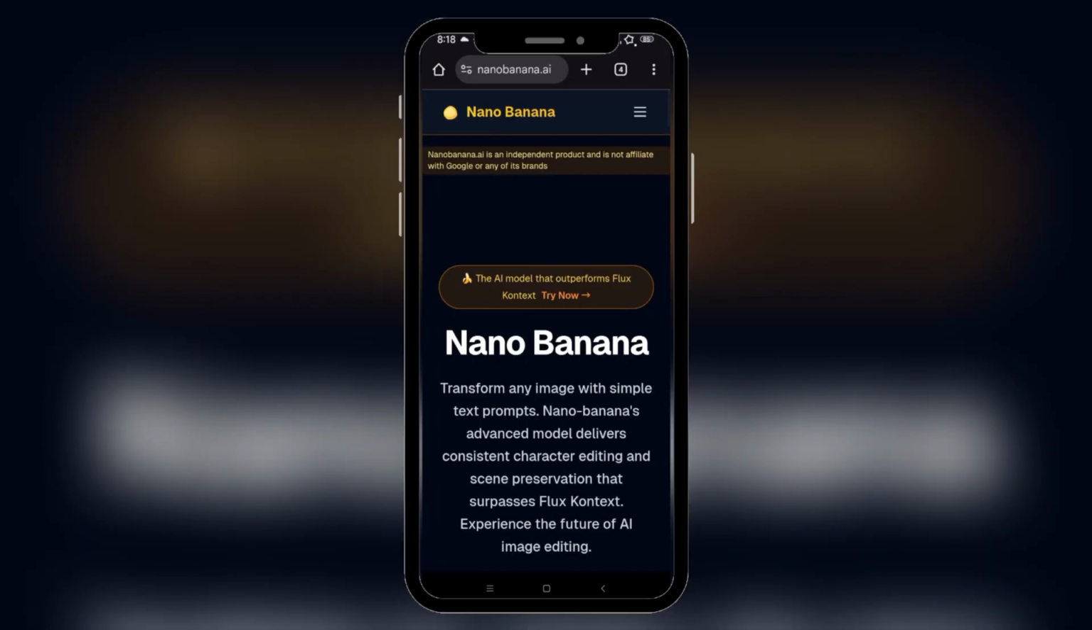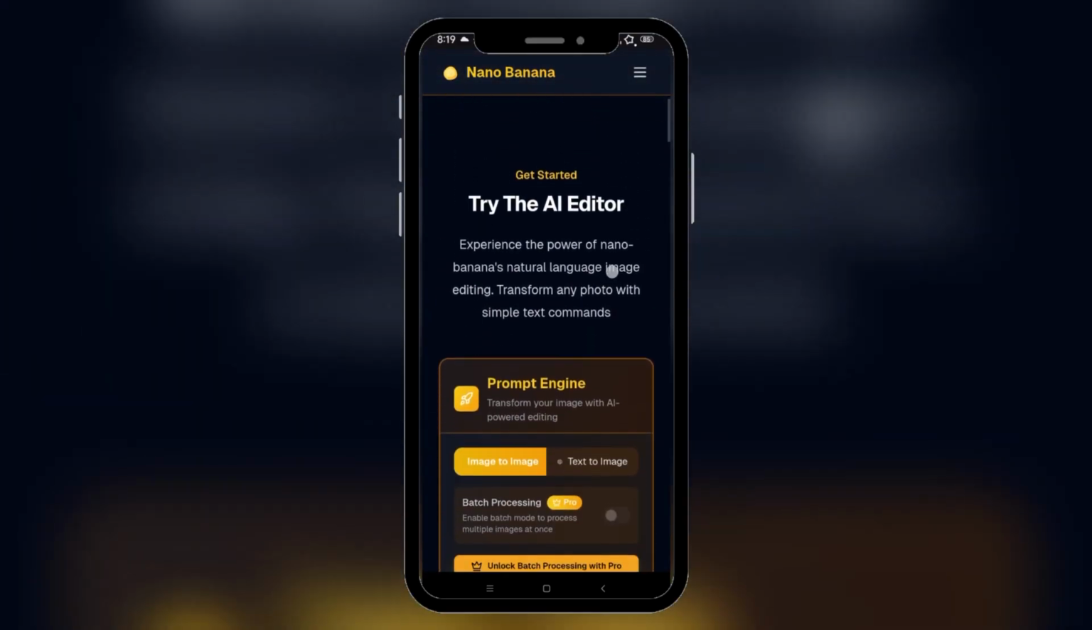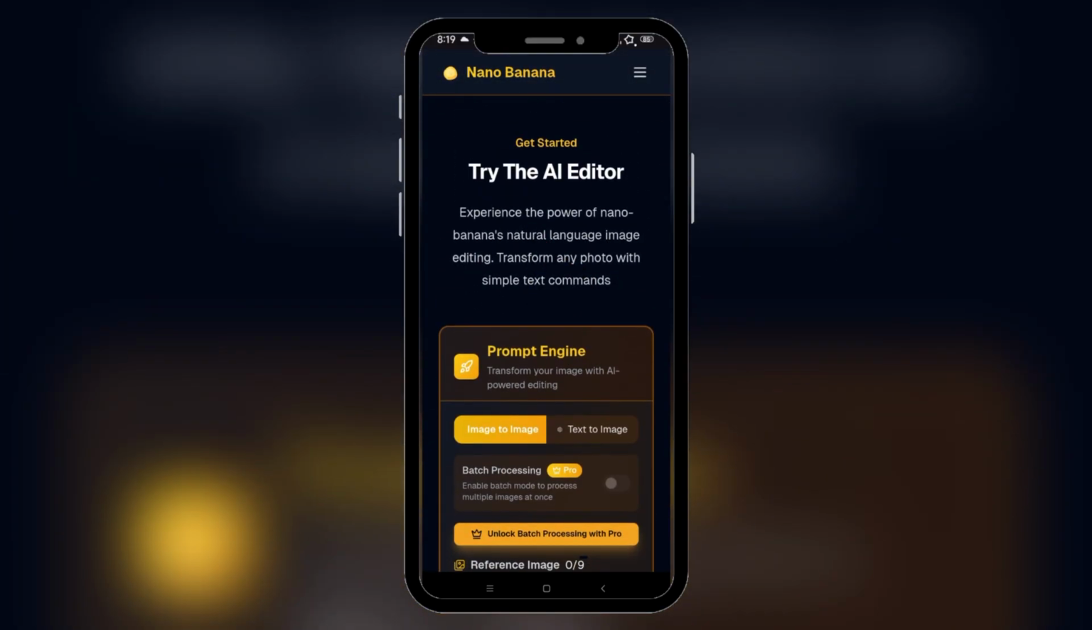Let's go inside it. So once you tap on NanoBanana.ai, your website would look like this, and this is the original version of NanoBanana.ai. So make sure that you are in the real one. And after you're inside it, just log into your account. I have already logged into my account. Scroll down to the AI editor section, and this is the AI editor section, and here you will be seeing